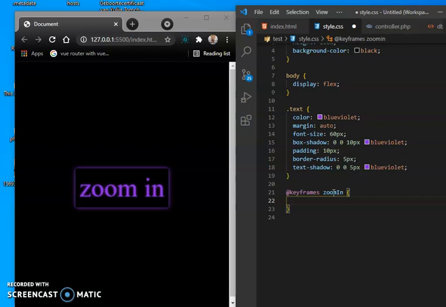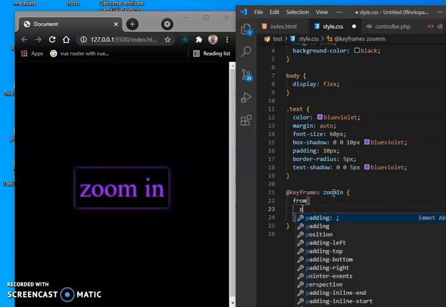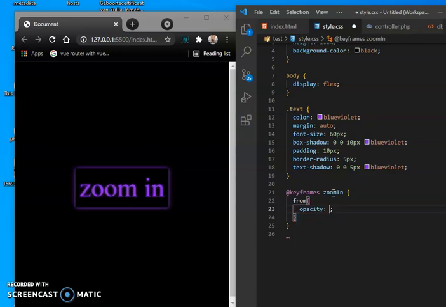We will start from, and I wanted to start in opacity 0,